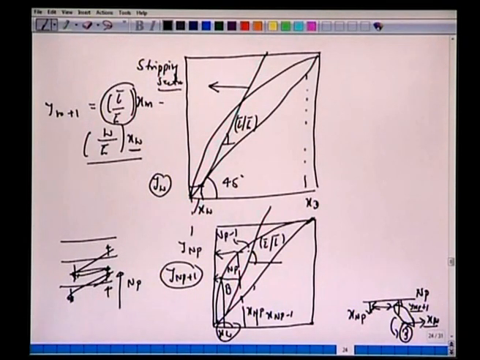All right. So let us summarize today's lecture. We started with a new method, the McCabe-Thiele method. This method, you must have realized by now, is much simpler than the Ponchon-Savarit method. Of course, there are assumptions. We talked about those thermodynamic assumptions that lead to the conclusion that all L's are the same in the top section, all L's are the same in the bottom section. All G's, the vapor flow rates, are the same in the top section, and all vapor flow rates are the same in the bottom section.